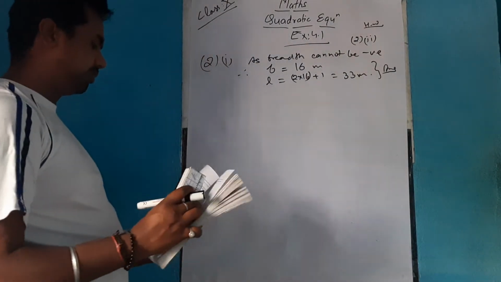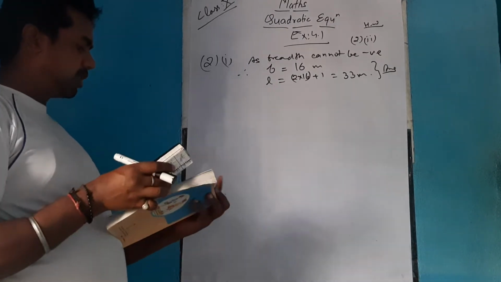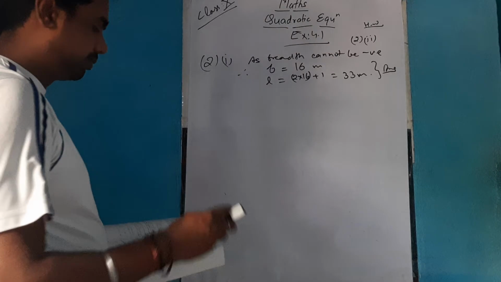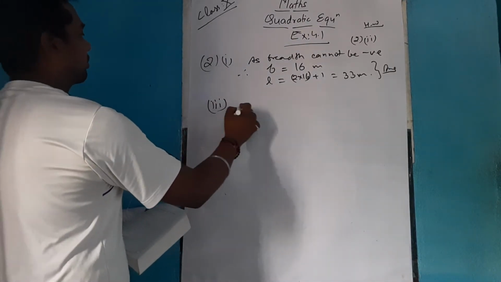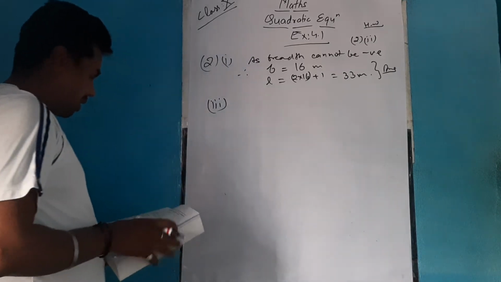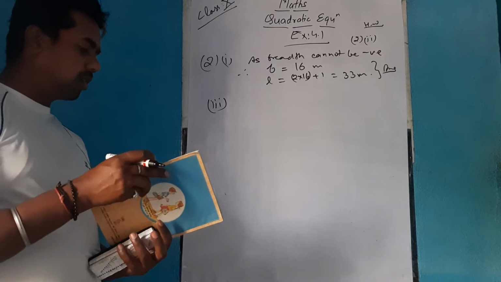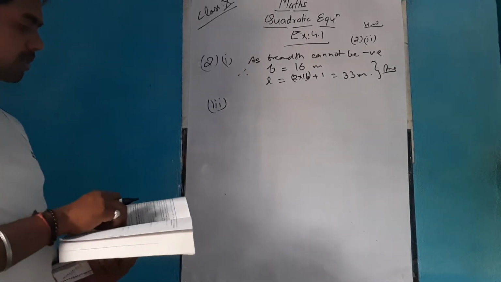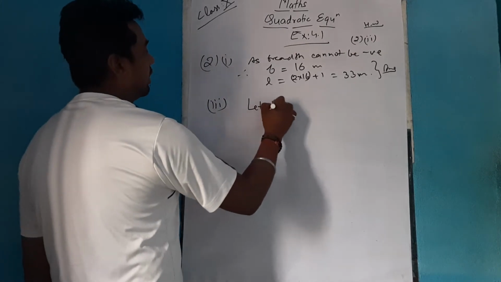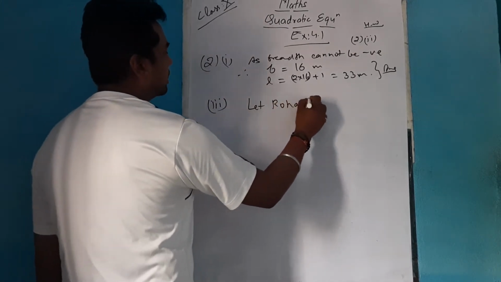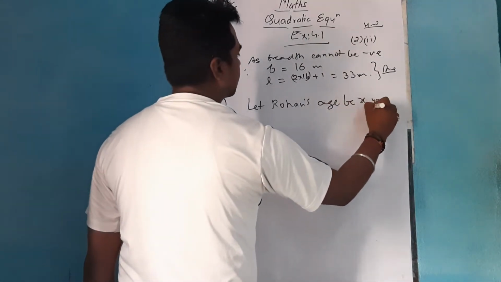Third part is now, Rohan's mother is 26 years older than him, and the product of their ages 3 years from now will be 360. So Rohan's mother is 26 years older than him. We'll take it first. Let Rohan's age be x years,